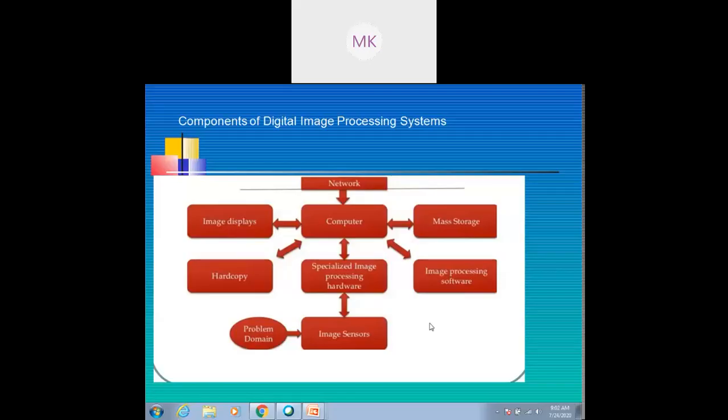Next topic. Coming to digital image processing, which is the processing of the digital image, which can be represented by f of x comma y, where x and y are the coordinates, and f of x comma y is the intensity function. When the digital image is processed by the digital computer, then it is called digital image processing.